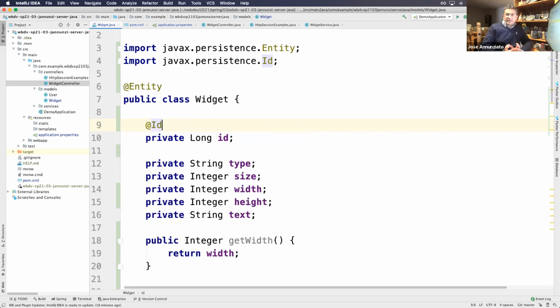So that's all we really need. Okay, we need to annotate it with entity and tell it which field is going to annotate to a column in the table, right? And this will create the table for us. If we run this now,